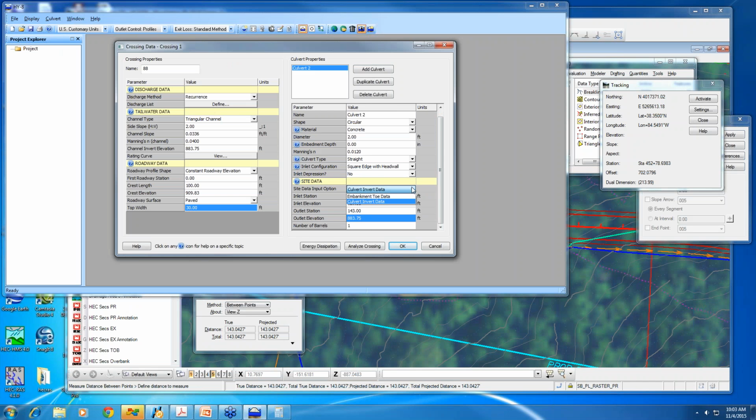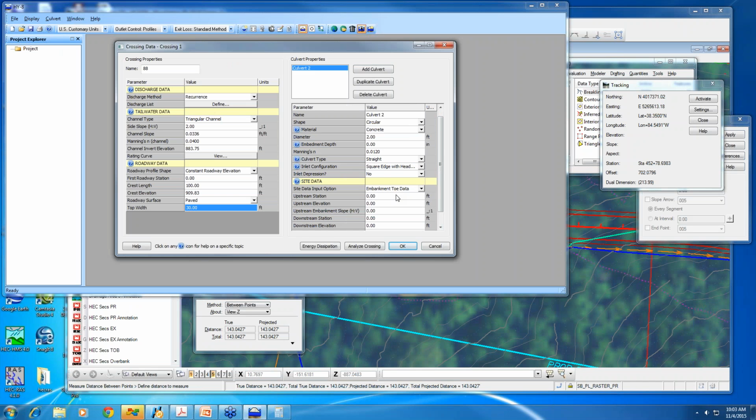You can also do embankment toe data, and you can basically give it the same data we just gave it, and it'll shorten up the pipe based on how tall the embankment is. I usually just use this one, and I'll come back later, after I've drawn the pipe on the pipe section and put in the actual data that I geometrically figured out on the pipe sheet. So now we're done. We can hit Analyze Crossing,